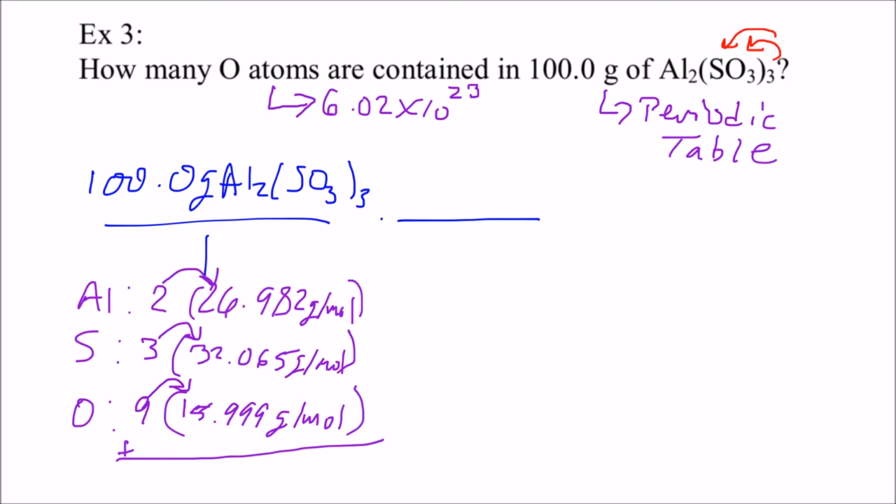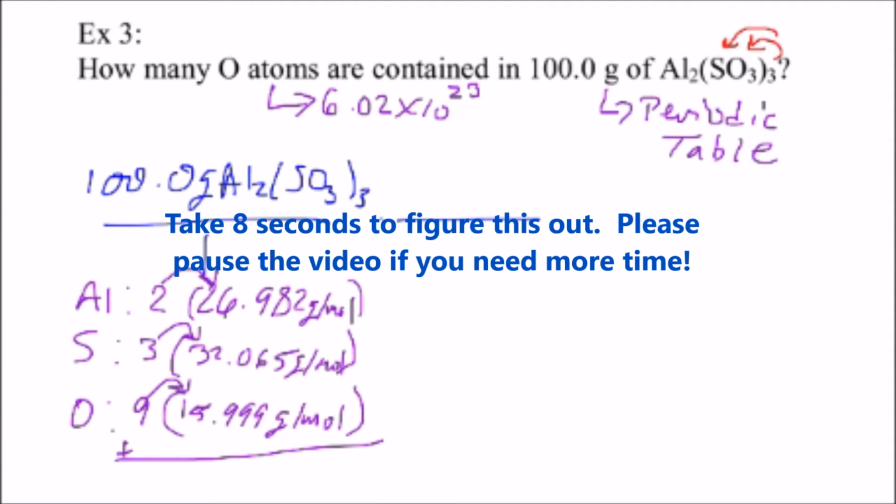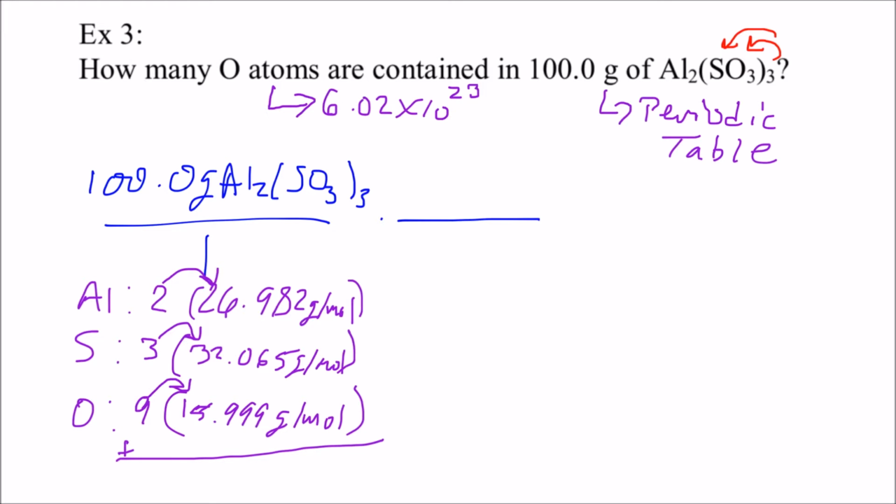Up until now we've just looked at the periodic table to get the mass of a single element, but this time we were given not a single element but a compound that has several elements in it. So you have to add all of their stuff together. So I want you to take a second and go through and multiply these numbers first and then add all your answers together so we can see what that is. Okay, I came up with